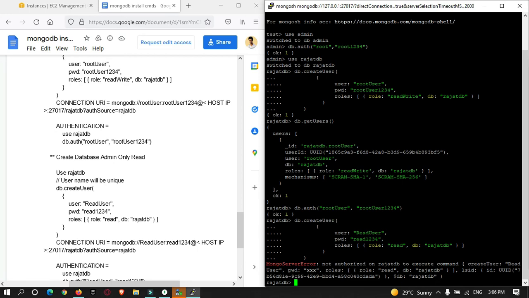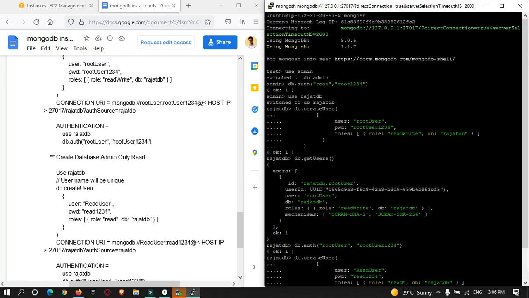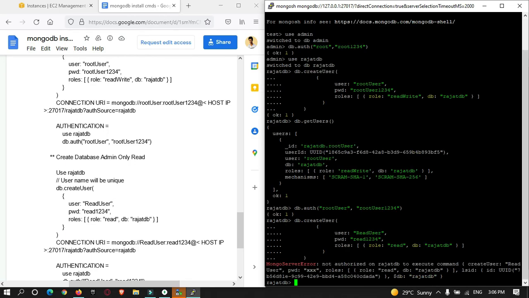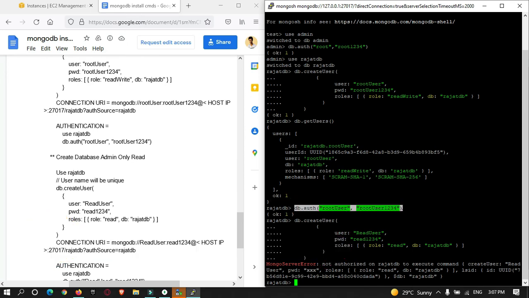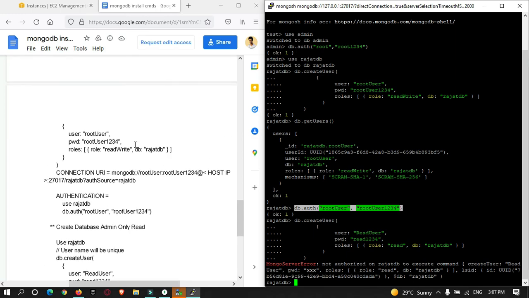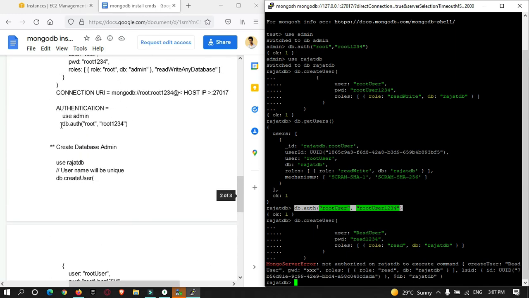Okay, so this is showing me an error. It is saying unauthorized. Yes, it is saying unauthorized because I am making use of another authentication. By mistake I ran this authentication. So in fact I must log in with the admin role. So this is the admin.